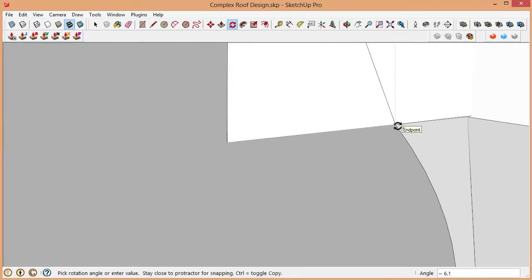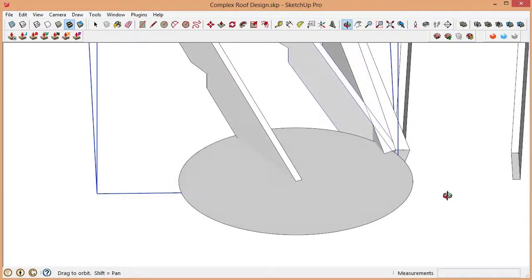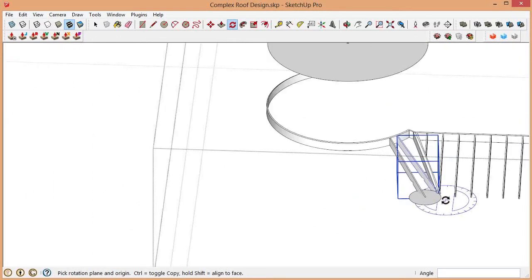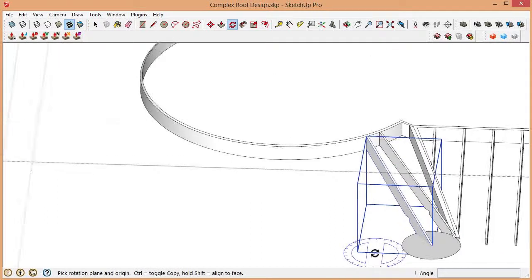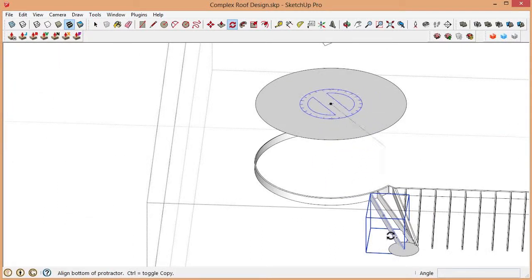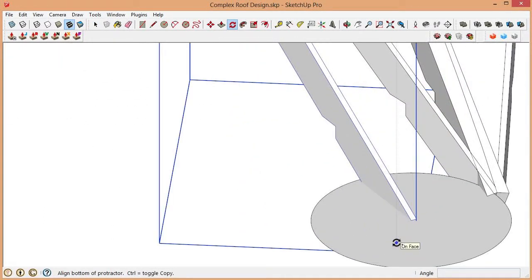And it looks like that right there is going to be the intersection of the circle and the rafter that I'm copying. So I'll drop it there, and then let's select this rafter again, then go back into the rotate tool and copy mode and do the same thing